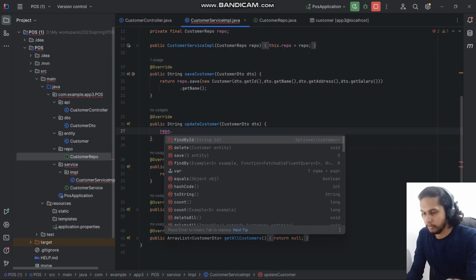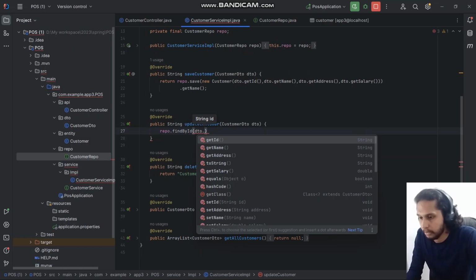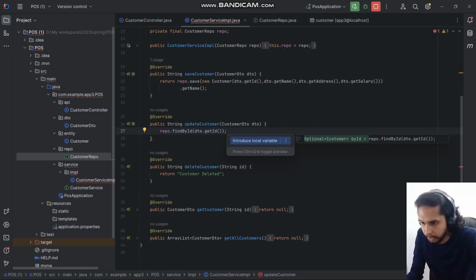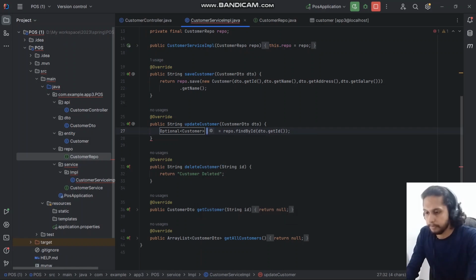From those methods, I use this find by ID method because we need to update a specific customer. To that method, I'm going to pass dto dot. You can see that methods are coming. Get ID, and after that I'm going to introduce it to a local variable called temporary customer. Alright, now